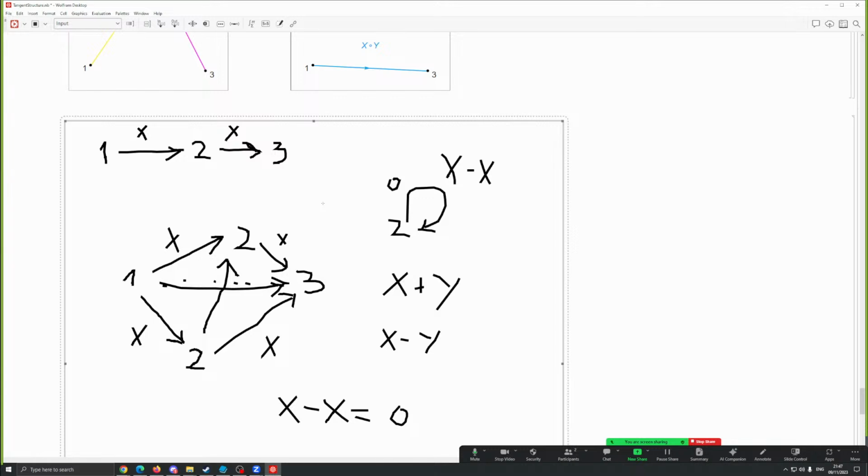If your expression that you want to replicate using rewriting may contain multiple copies of the same field, like here, you're adding two x's, right? It maybe doesn't make sense to have it in the original hypergraph. No, exactly. It does not make sense in the sense that